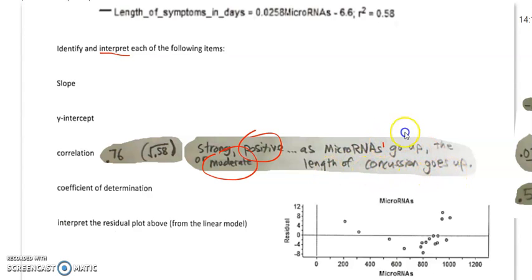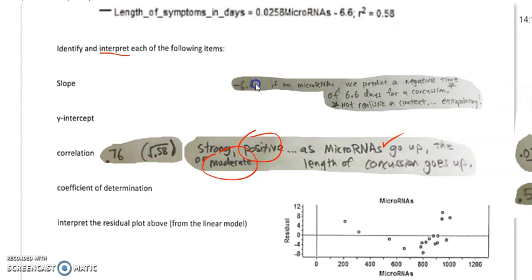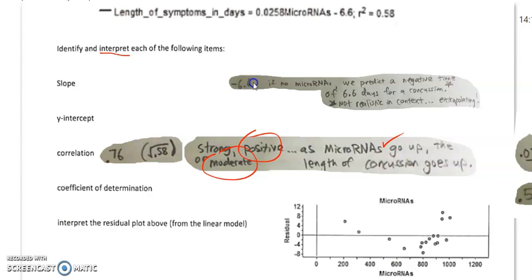So just make sure you include the context so they understand that you understand what positive means. Don't just say strong positive or moderate positive. All right, let's see what else we got. We got negative 6.6. This was